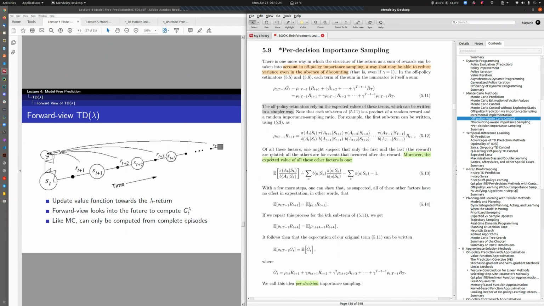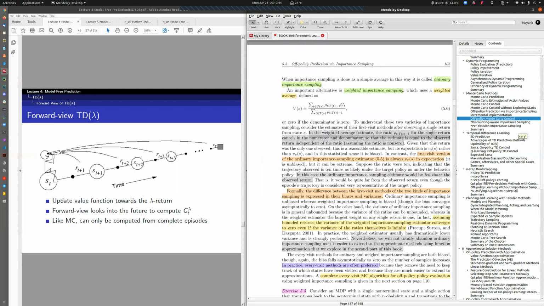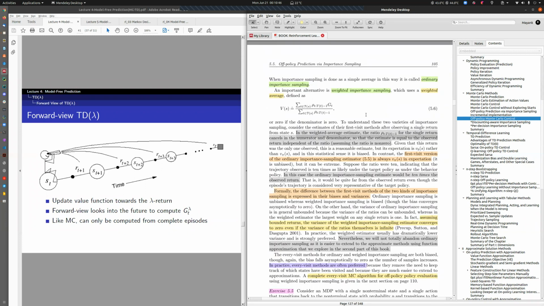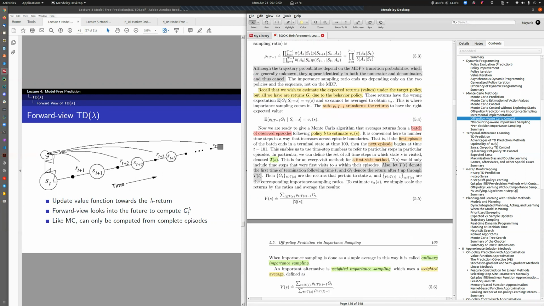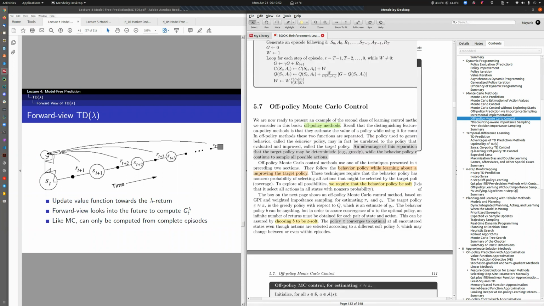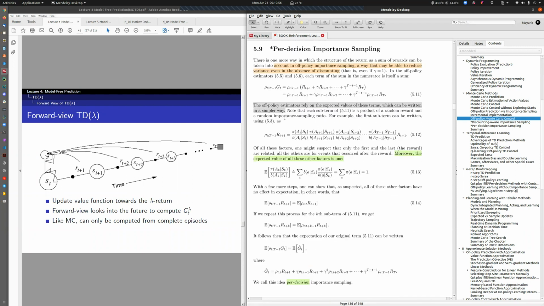Now we go on to the per-decision importance sampling. Here, what they are trying to do is based on the estimators of equations 5.5 and 5.6 that we have seen earlier. This is the weighted importance sampling, and this is the ordinary one. And this had been reflected in the per-decision one, in which